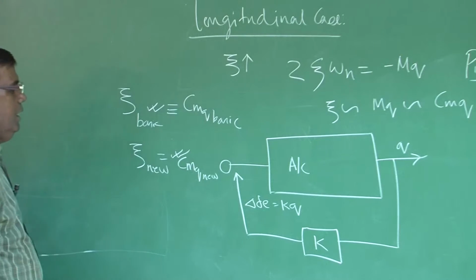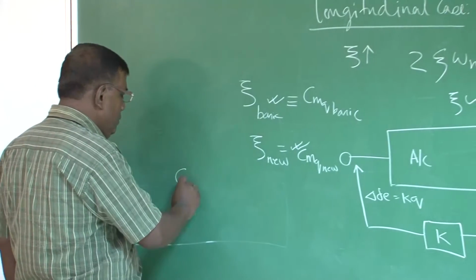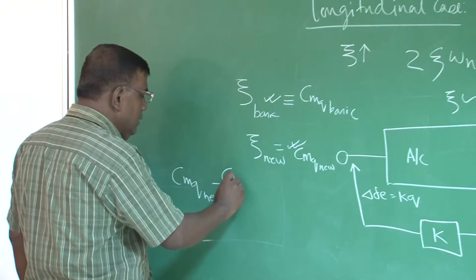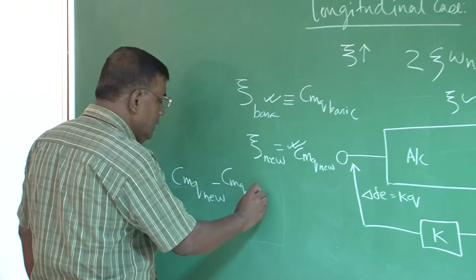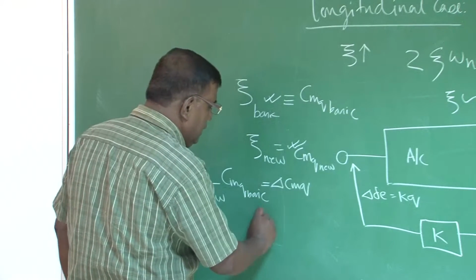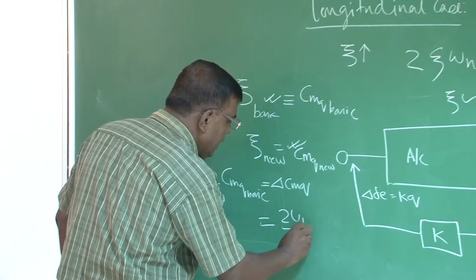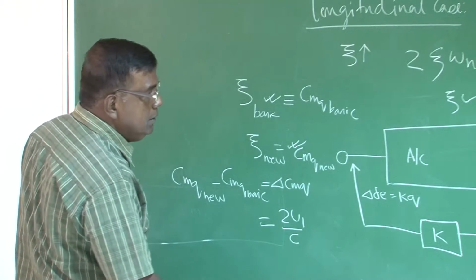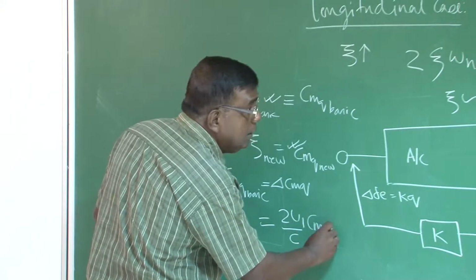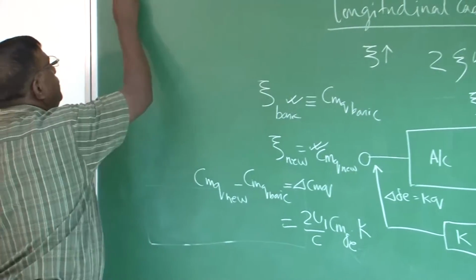So how much additional CMQ I require will be CMQ nu, or whatever required, minus CMQ basic. That should be equal to delta CMQ, and that should be equal to 2U1 by C into Cm delta E into K,